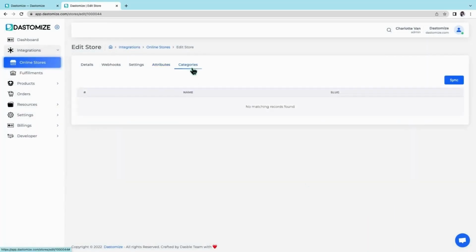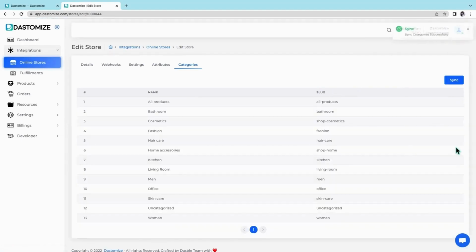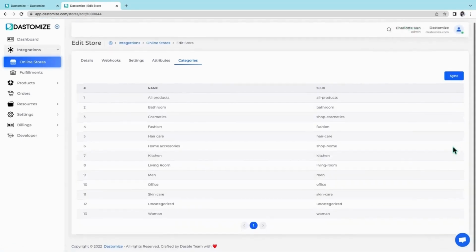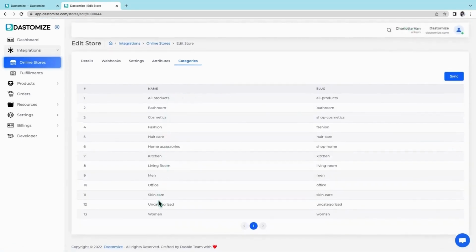In the Categories tab, you can click the Sync button on the right to synchronize all your data. In this tab you can see the Name column, which is the names of the categories in your WooCommerce store, and the Slug column,